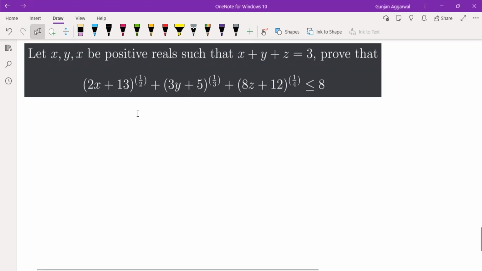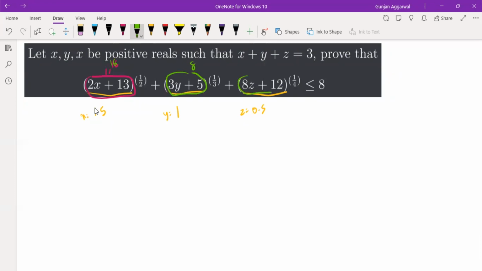Can you give a hint? Kind of try to find the equality case. The equality case is 1.5, 0.5. Like 1.5, 1 and 0.5. x equals them, y equals them. Yeah. Okay, so your ideal value of this expression would be 16. This expression would be 8. And this expression would be